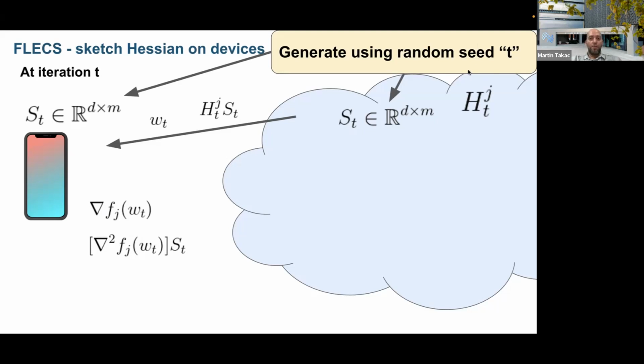And we require that I compute this Hessian times S, but I don't think you should do everything at the same time, right? If you do only a few iterations of this Newton method, maybe receiving the updates within a whole day is fine. I don't need to send this very quickly in parallel at runtime. I can just send this to workers, they can receive the message, afterwards compute the gradient and the Hessian vector products and send them to the cloud. That's fine. Then they can wait for a couple of hours.